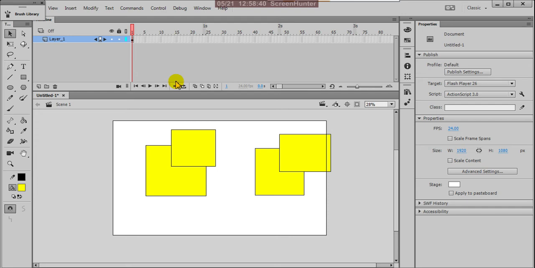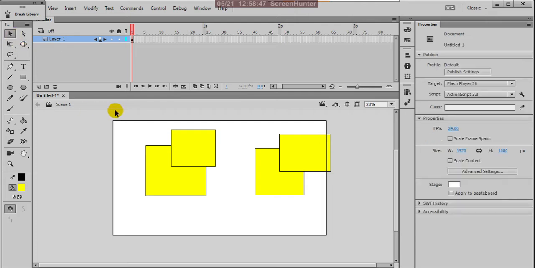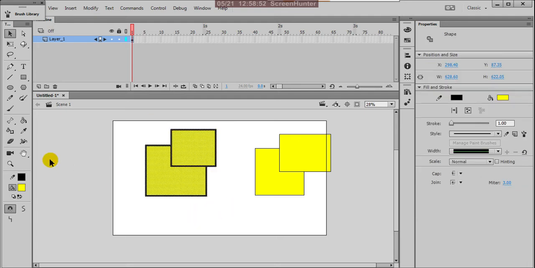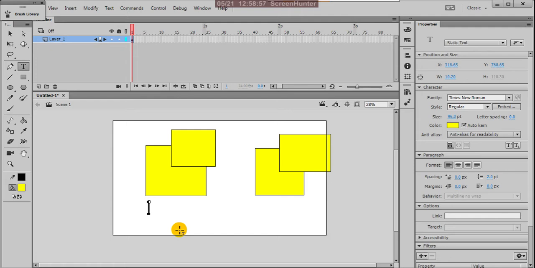Suppose I type here, it is merge drawing mode. It is in merge drawing mode. Change the colors.